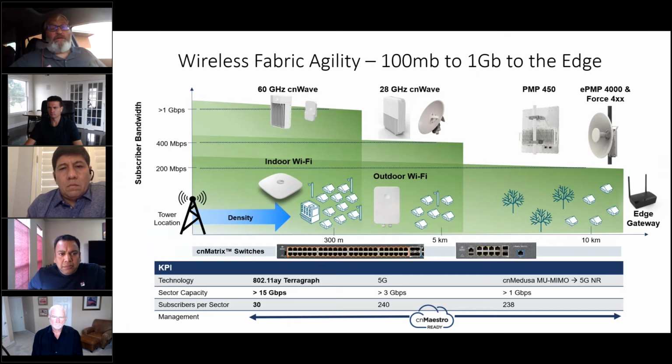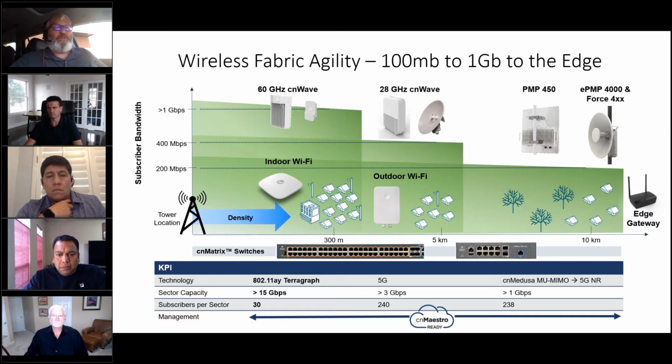Where that all comes together is we see a series of requirements as you talk about what I'm trying to accomplish in the utility space. It's really a combination of how far do I want to go, what's the distance, what's the capacity, and what's the availability. So what's the reliability of that link? And you look at all of those trade-offs and you say, what's the best technology for that? And that's where our